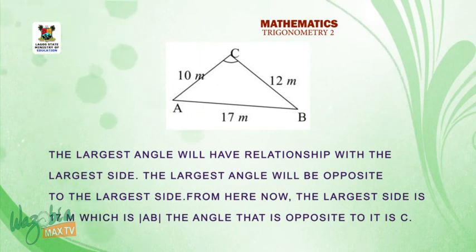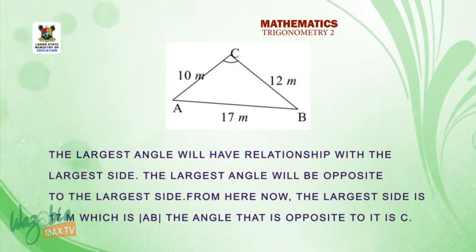The largest angle will be opposite to the largest side. The largest side is 17 meter, which is AB, and the angle opposite to it is